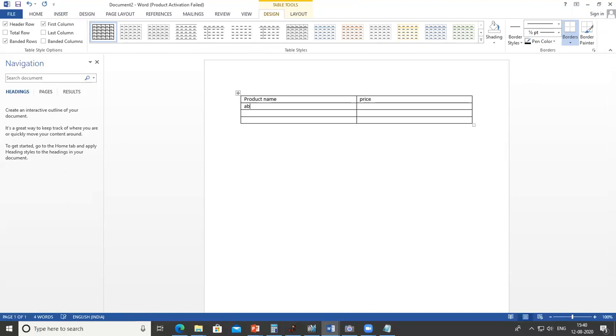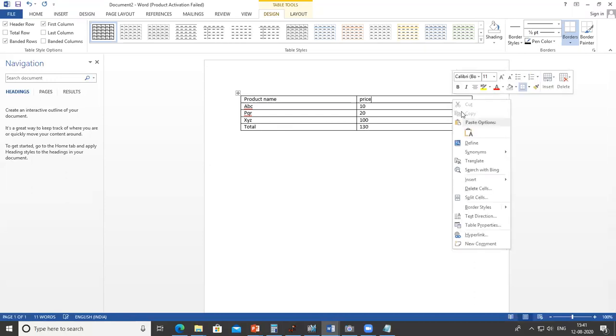Suppose product name ABC, its price is 10. If product is EQR, its price is 20. And XYZ, its price is 100. And here I write the total, 130.